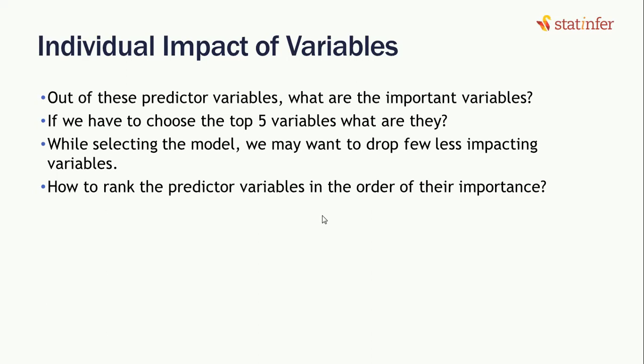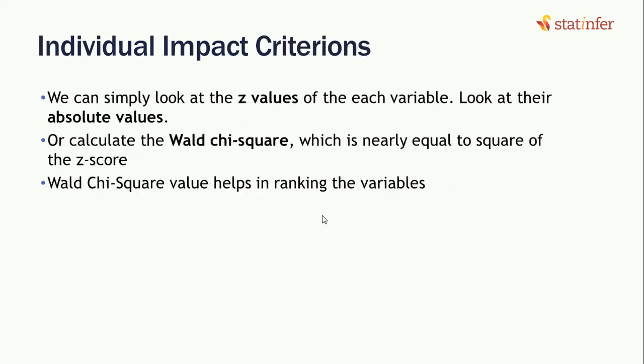So how do we rank the predictor variables in order of their importance? We can go with a few criteria. One would be Z value. We will look at the summary of the model that we have built, and we will look at the Z value of each and every variable. More importantly, we will look at the absolute Z value of that variable. If there is a value which is minus 30 and another value is 20, we will consider the 30 to